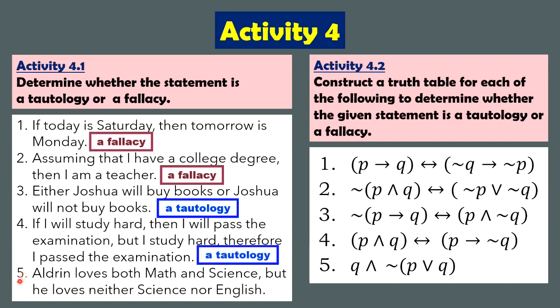And then finally, itong number 5, balik ulit kayo dun sa activity number 2. Kapareho nito yung example number 2, yung Blessy loves swimming and running. Okay? And we prove there na yon ay isang